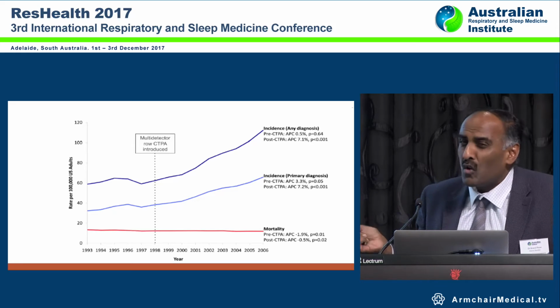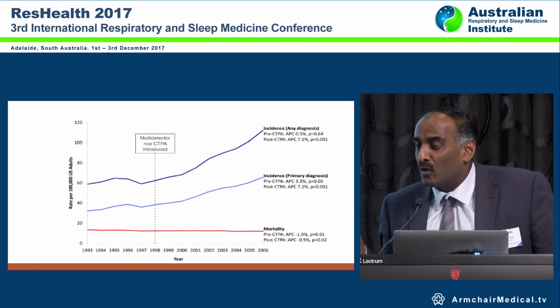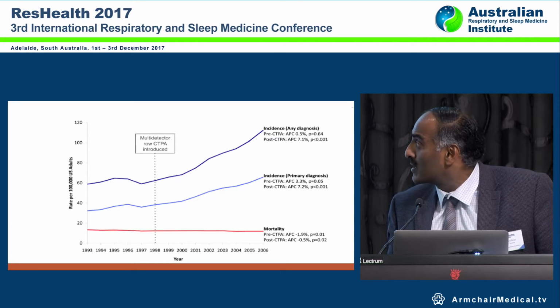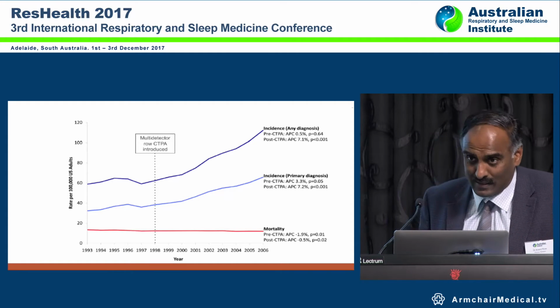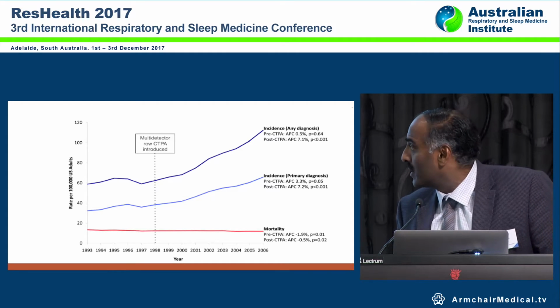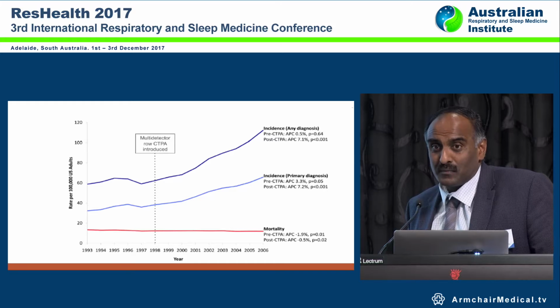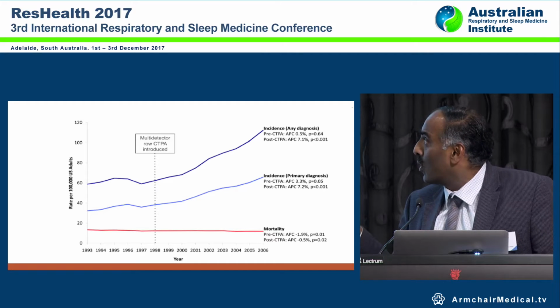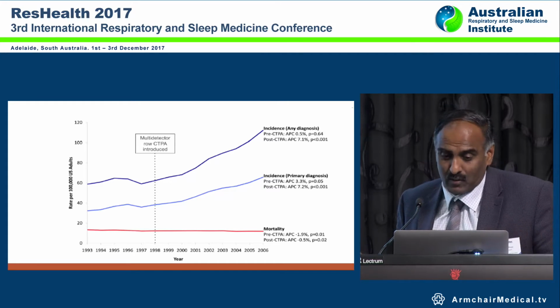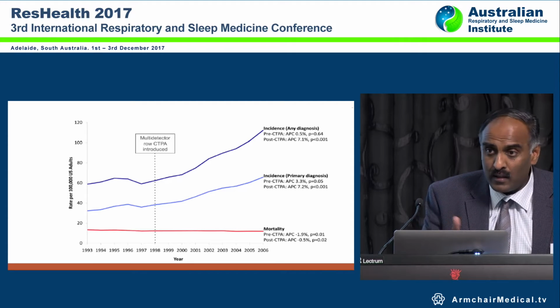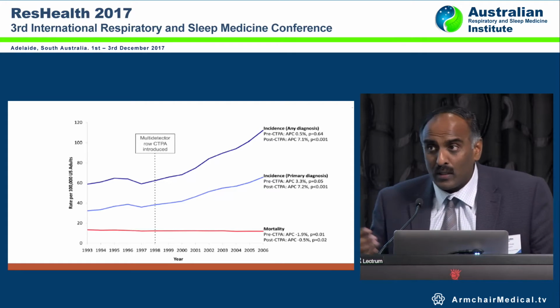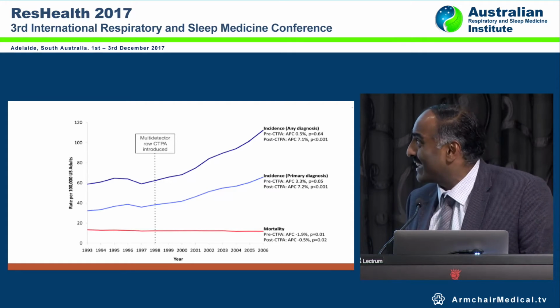So we're talking about a non-infective, not a pandemic setting, but a disease which effectively increases in incidence largely because of a better diagnostic test. But what is also notable is the mortality remains flat. So the impact of overdiagnosis, or more accurate diagnosis, for lack of a better term. This has been replicated in University of Western Australia, where they've done a similar study and shown exactly the same